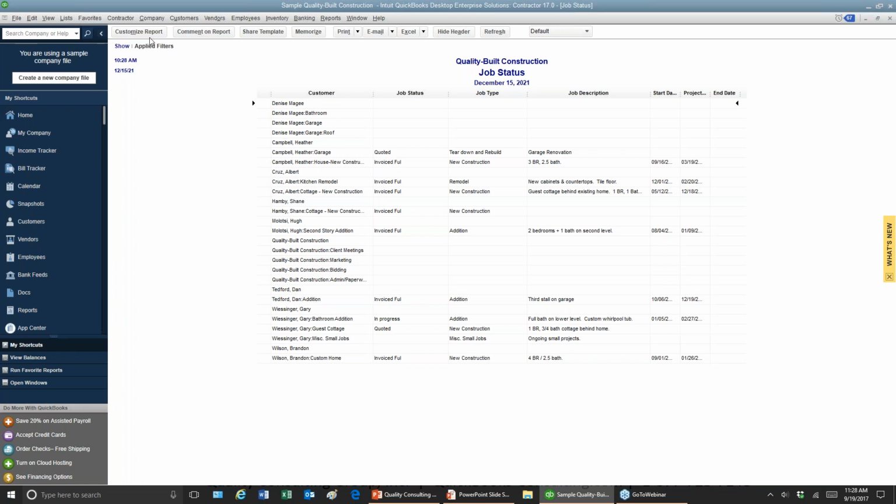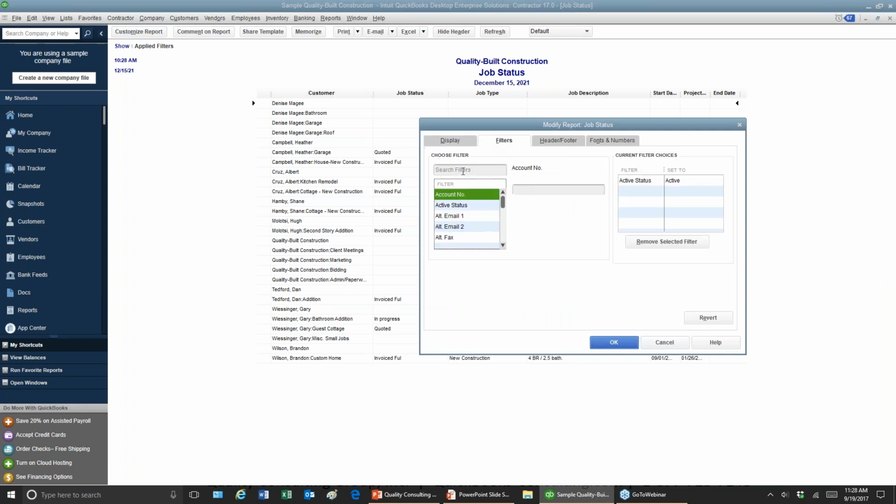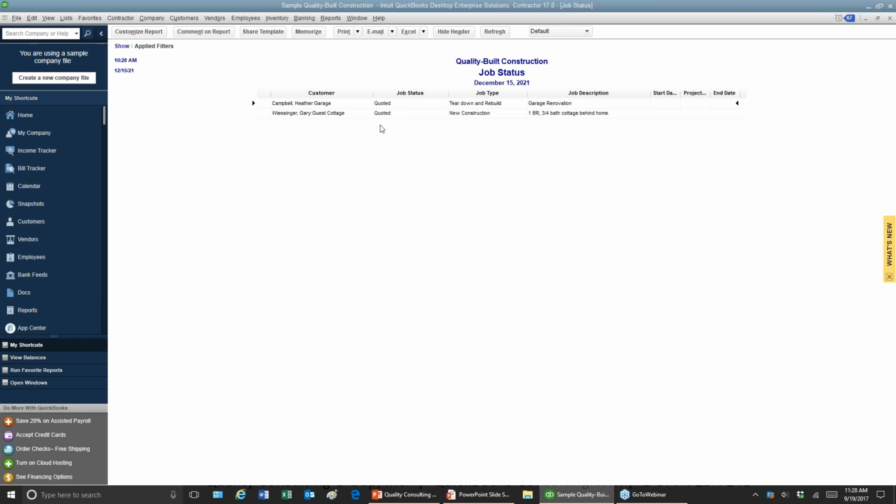Well, when you have that report, you can go into customize and then filter, and if we go to job, we can quickly click on job status. And then we can select what job status we want. Now, again, you have to know what the translation was, because remember, I said you can't change the hard coding of what QuickBooks knows it as. It's just what you want to see it as. So pending, you have to know that that's quoted. So you can see when I chose pending, quoted is what ends up filtering it down to.